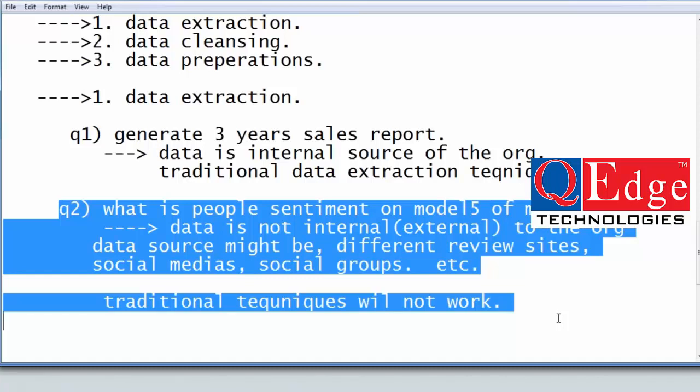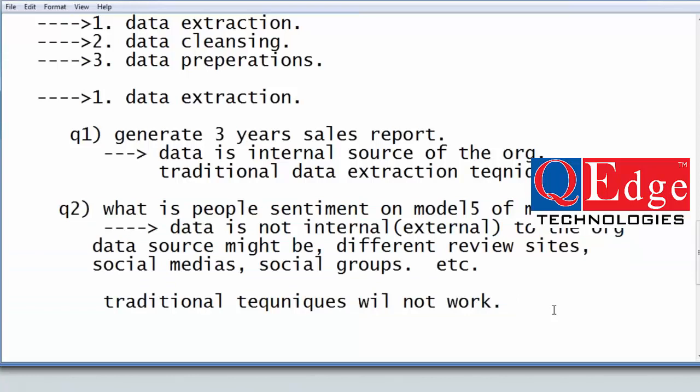This people's mind is reflected in the social media. From the social media, you need to extract the content. From that content, you need to find out the essence of the sentiment. How are the people turning, into the positive side or negative side? Such kind of things keep running. It is a continuously running process. So here, there is a great role and a great challenge for the data scientist.